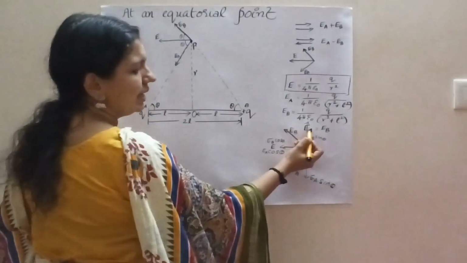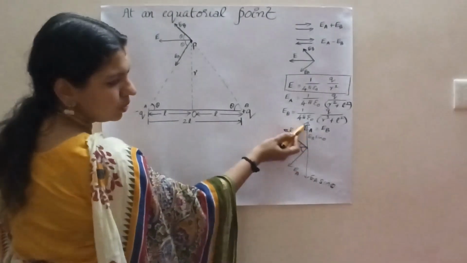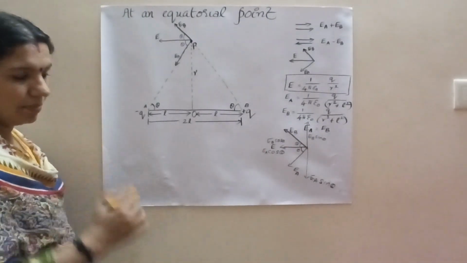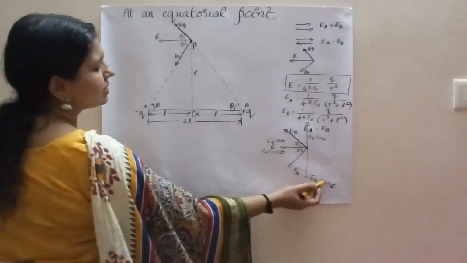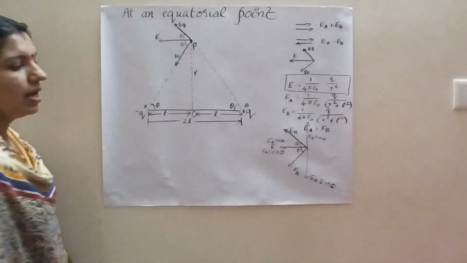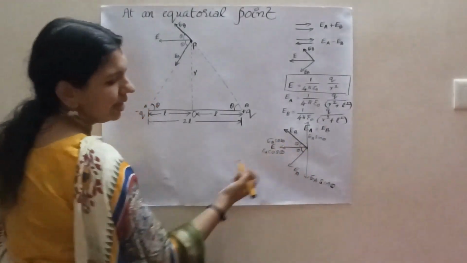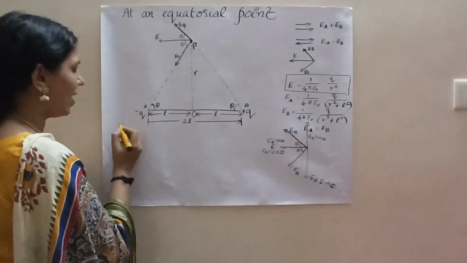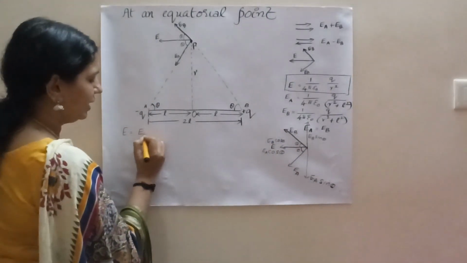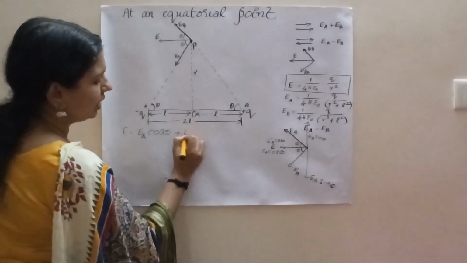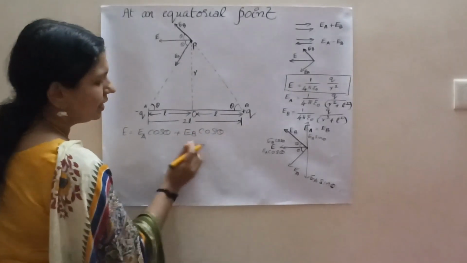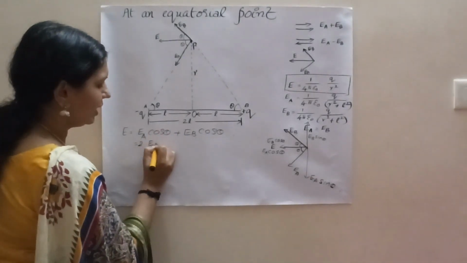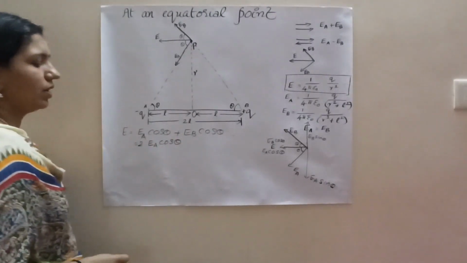So already we told that EA is equal to EB, right? So these two vertical components get cancelled out. That is, EB sin theta and EA sin theta will get cancelled out because they are equal and opposite. But these two things, EB cos theta and EA cos theta, will get added up, and also we know that EB is equal to EA. So what is the final electric field? E is equal to EA cos theta plus EB cos theta. Instead of EB I can put EA. So this equation will become 2 times EA cos theta. No doubt, no?